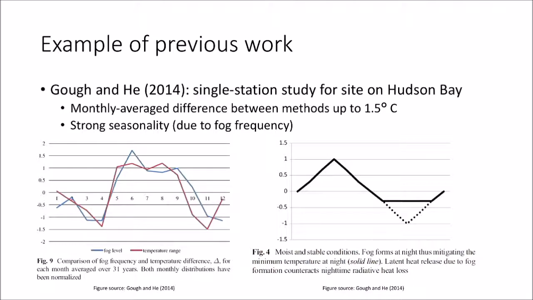So this graphic here on the left shows the frequency of fog, sort of standardized to 0, in the blue line, and the red line shows the difference between temperature averaging methods. So you see a large positive difference during the summer months, month numbers here, going along with very high frequency of fog. So essentially, the occurrence of fog, in this case overnight, forming due to moisture from the body of water, the Hudson Bay, skews the daily temperature curve. Notably, basically, it cuts off. Temperature can't fall as much with that additional low cloud cover. And as a result, you have the strong difference between methods.